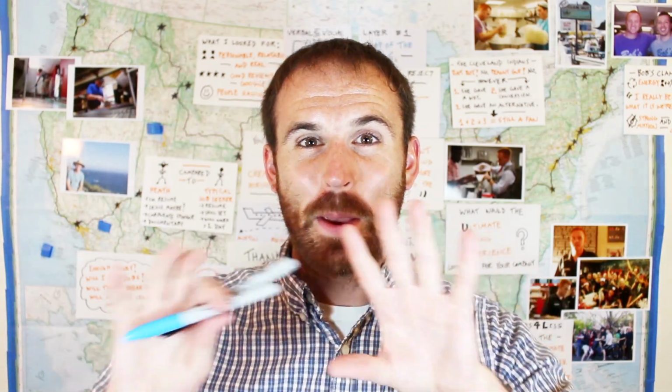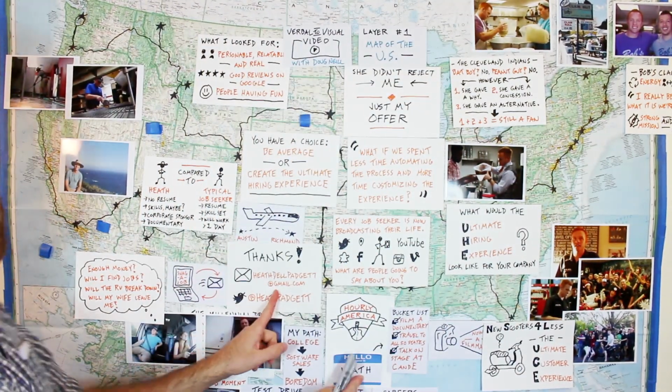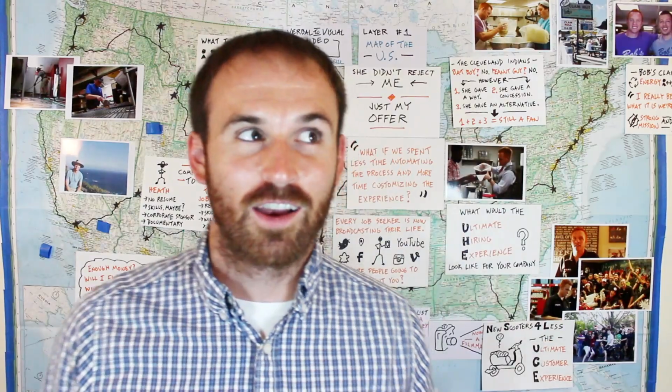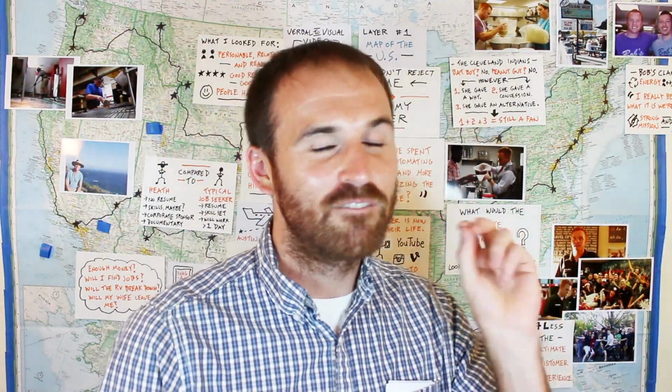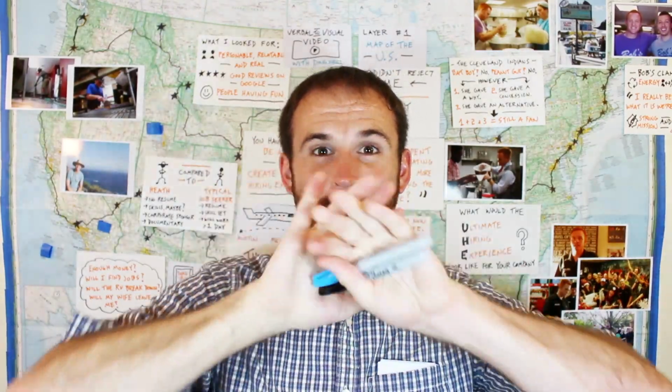The reason that is the base layer of this presentation is because I created this for my friend Heath Paget, who is giving a talk tomorrow at a conference. And we decided to create sketched video clips that he would use while on stage to help tell the story of his road trip across the United States, working a job in every single state. So the map of the US was a natural backdrop for everything else that came on it,